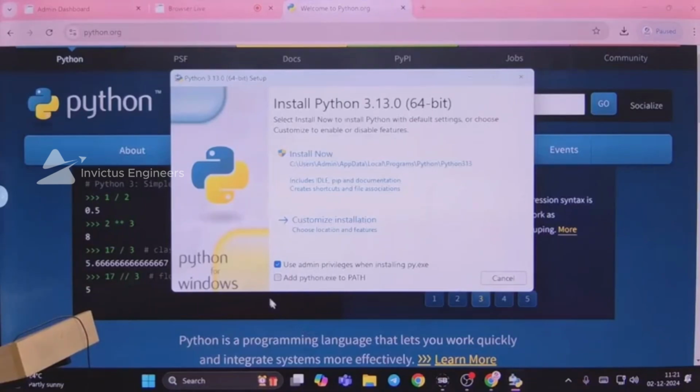Okay, there is a second option. This you should always tick. That's very important. If you don't check it, the problem is you cannot execute Python from every directory and from every drive on your computer. So if you want to execute the Python code from any directory and from any drive, you have to check